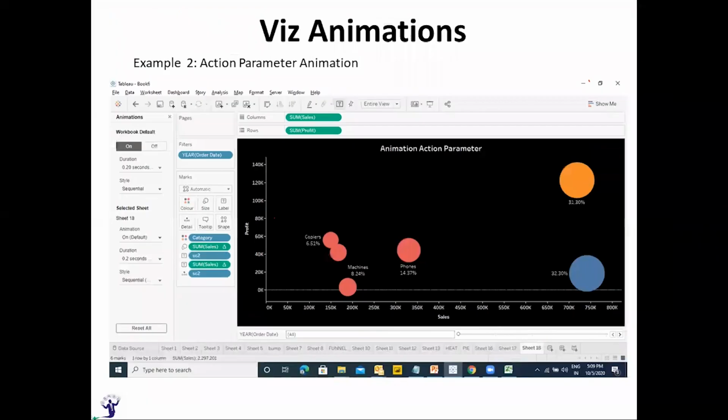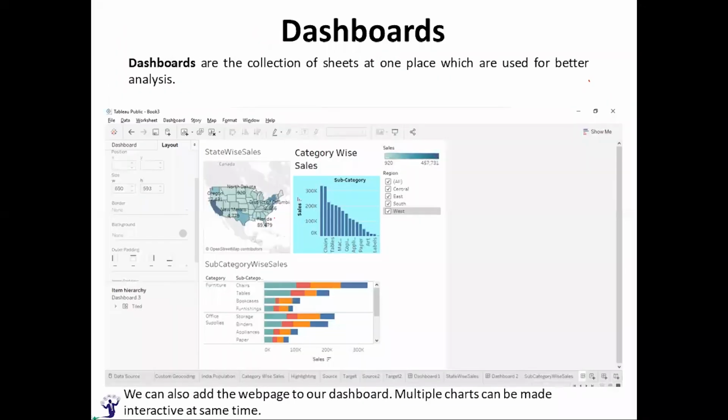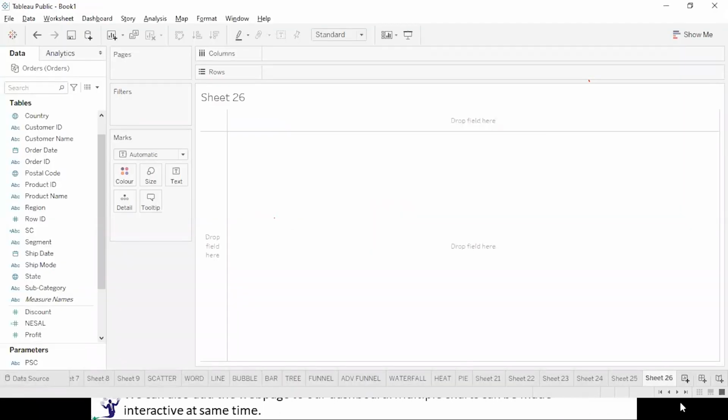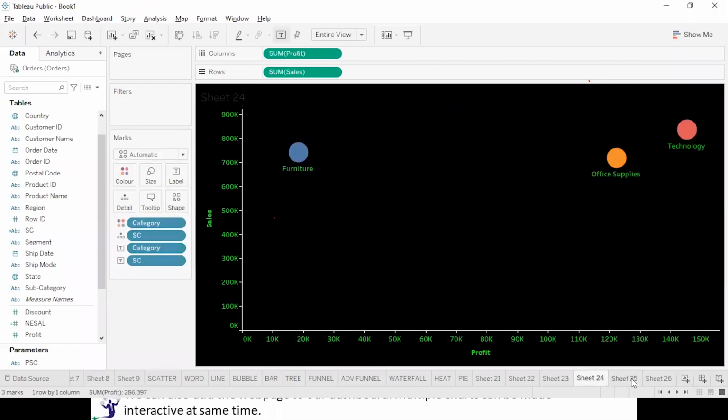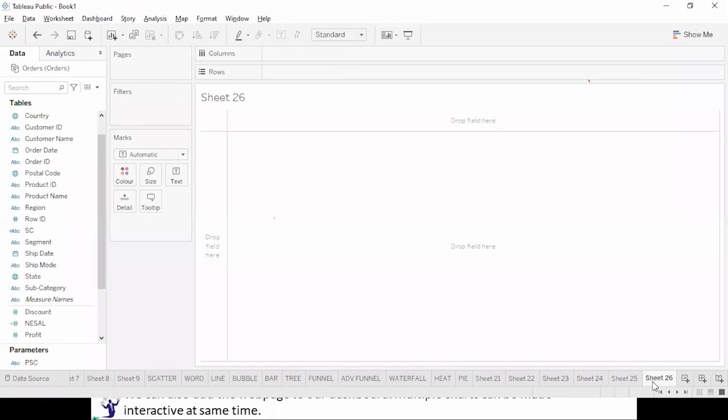Okay, so we have seen the different types of visuals. Now see about the dashboards. What are dashboards? So till now you have seen that on every page I have created only one visual. Dashboard is a collection of worksheets. Dashboard is the collection of worksheets on the same page, and we use it to summarize information. Now let me quickly create a few of the visuals from the dashboard point of view. So I'm creating for you.